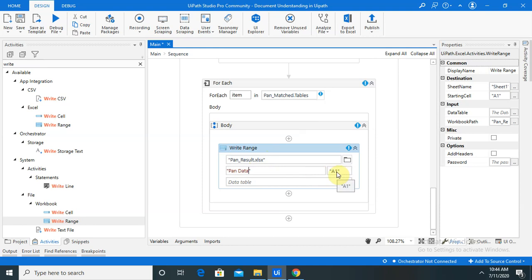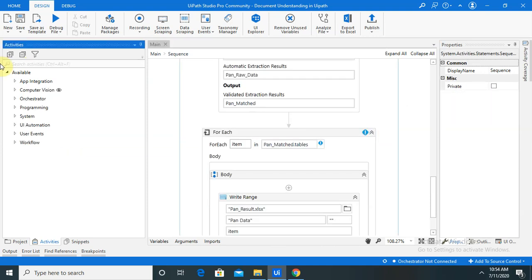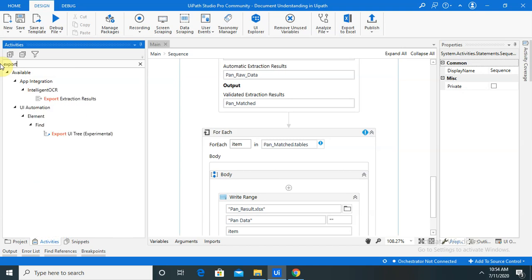I keep this as blank, and inside the data table we are going to provide here as the item. Now we are done with this matched, and in data set we will create a variable pan final.